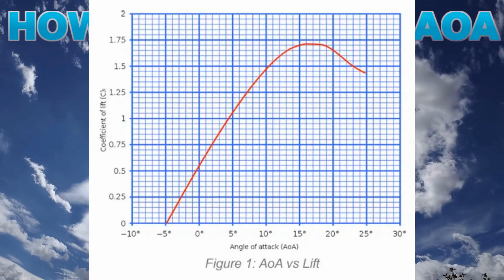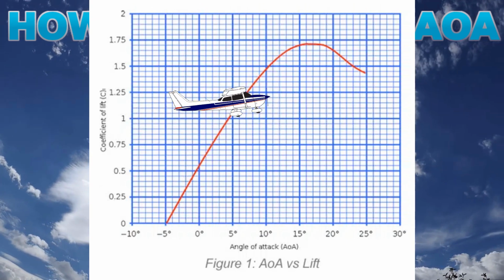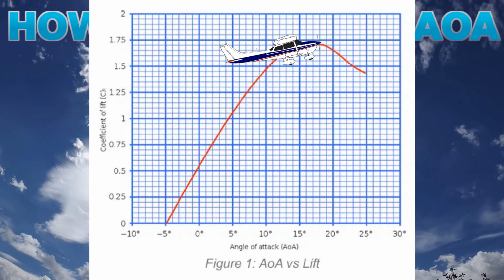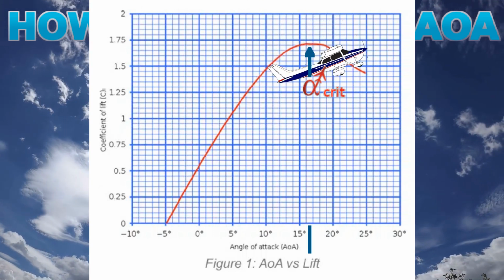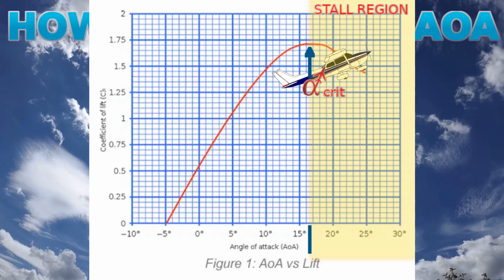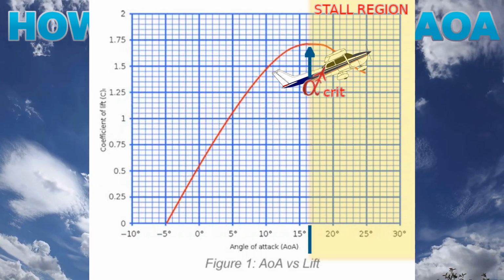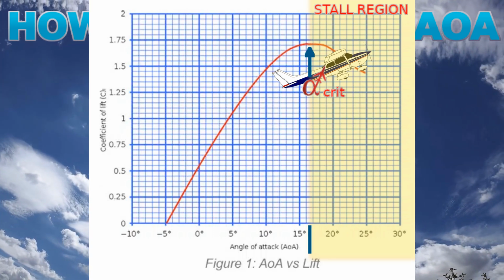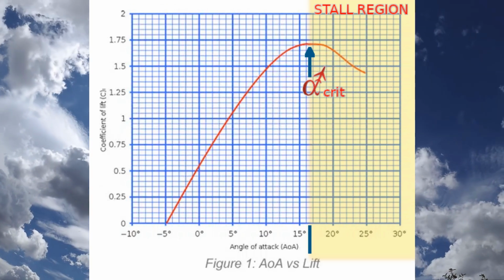On this coefficient of lift chart, increasing the AOA of the wing generates more and more lift at a given velocity until reaching critical alpha, approximately 16 degrees, whereby any further increase will generate less lift due to boundary layer separation from the wing. Please keep in mind that the stall begins at critical alpha, where your aircraft can no longer climb and the boundary layer has begun separating from the wing, and ends when you lose control of the